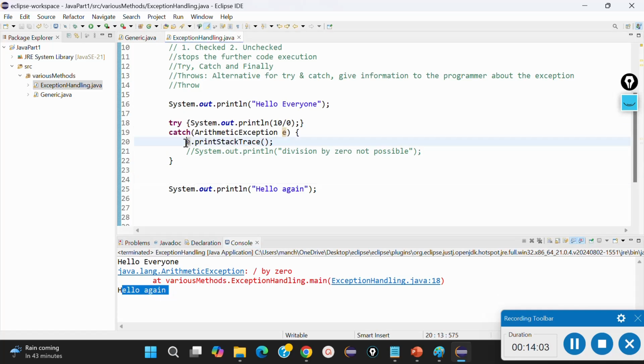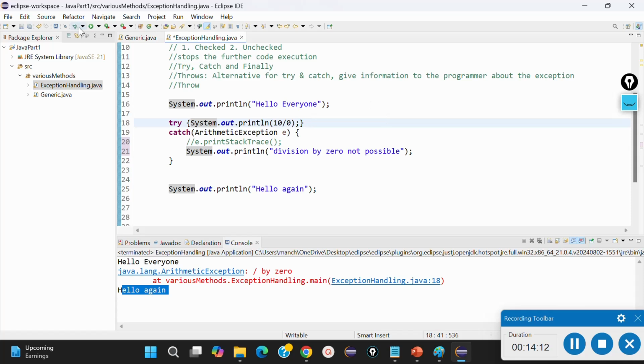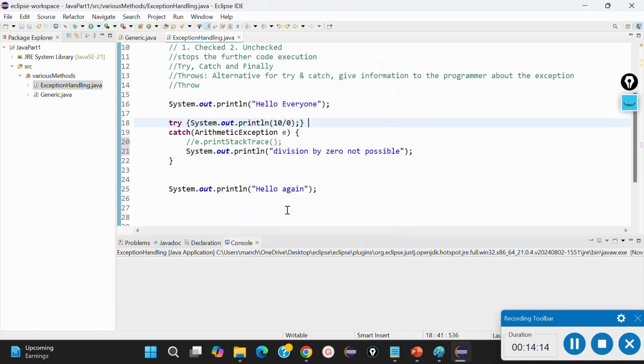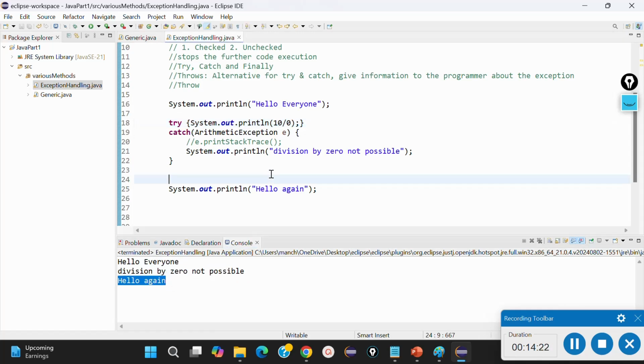Now let's say I don't want to print the exception and I want to print the message. So what will happen if I take this piece of code in my catch block and execute? I will get all the 3 messages: hello everyone, division by 0 not possible, and then hello again. That's how we can use try, catch, and